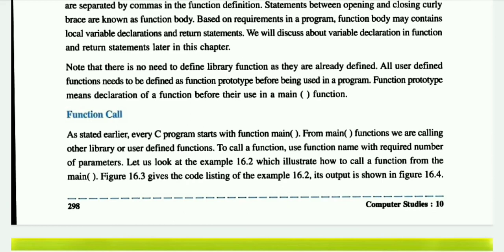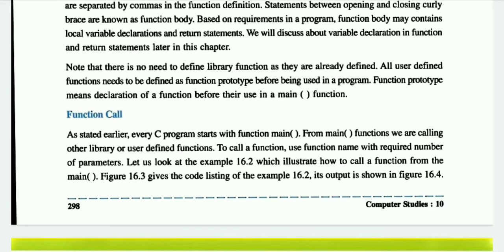The function prototype is required when the function is defined after our main function. Function prototype means the declaration. So during the declaration, whatever name you have given to the function and whatever arguments you have passed in the function brackets for the input, when you are defining the function, the name of the function and the arguments must be the same. Otherwise the compiler will generate an error.